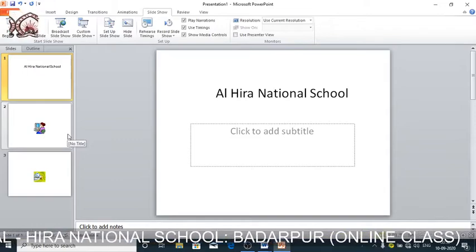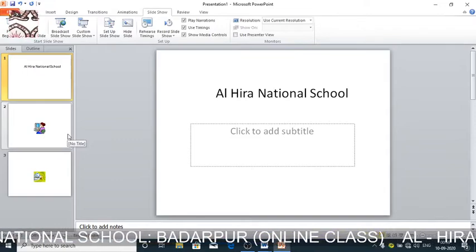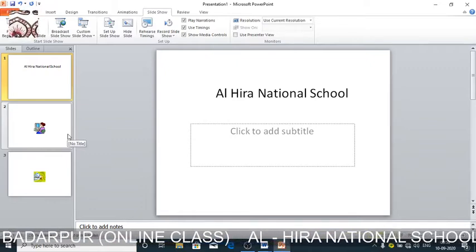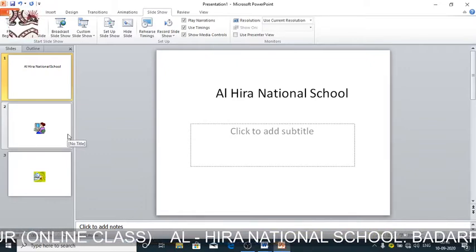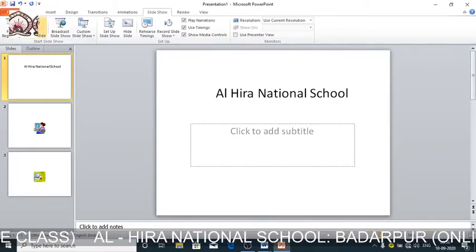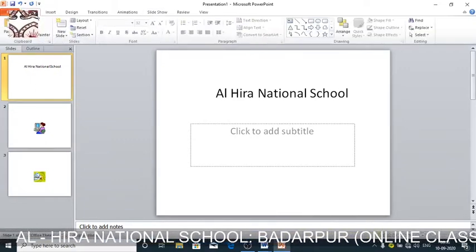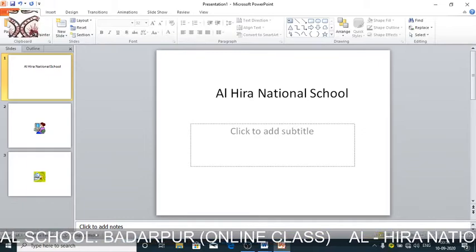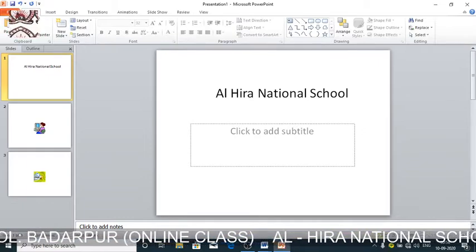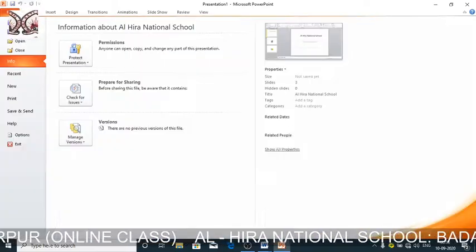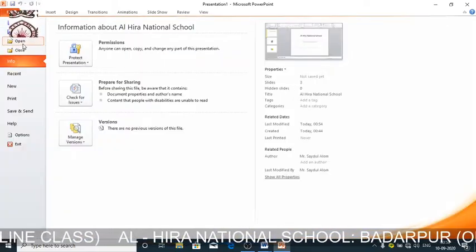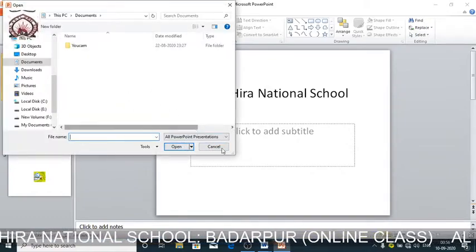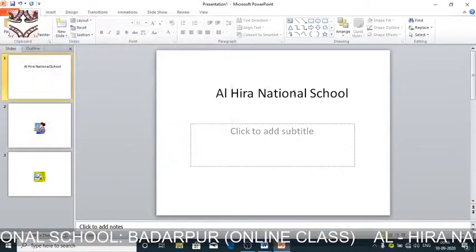Now what is the task pane? The task pane enables us to select the task, like if you want a blank presentation, or from a design template, or auto content wizard. So suppose I click on File and Open, it will show a blank presentation.